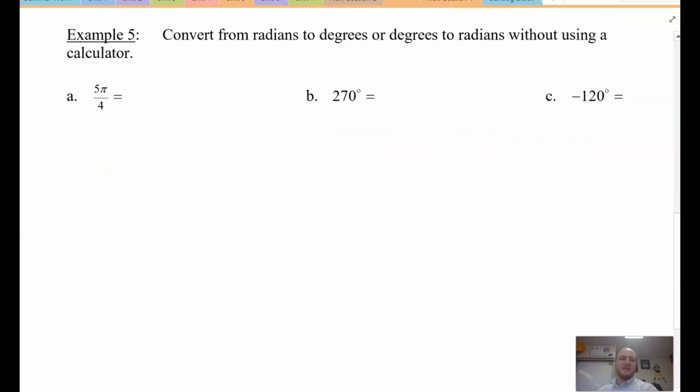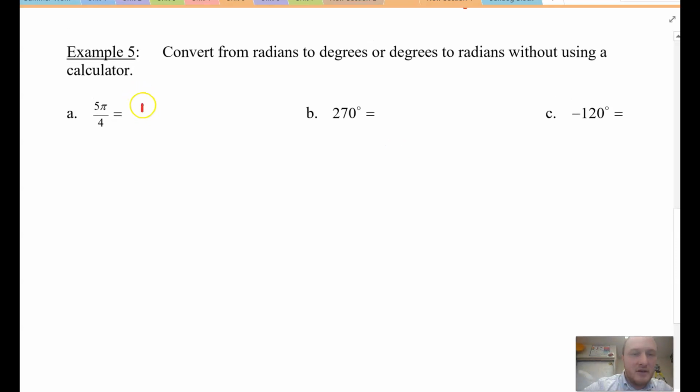All right, example 5, convert from radians to degrees or degrees to radians without a calculator. Okay, so 5 pi divided by 4. So if I want to go from radians to degrees, it's the other way around. So I take 5 pi over 4, and I want, again, degrees, right? So 180 divided by pi, so I can do that, and you get